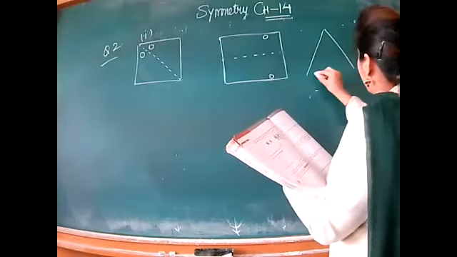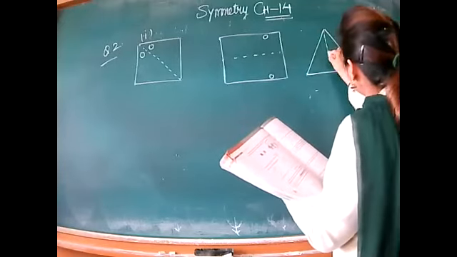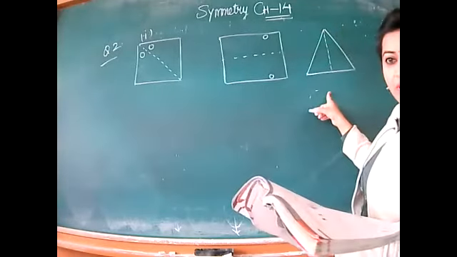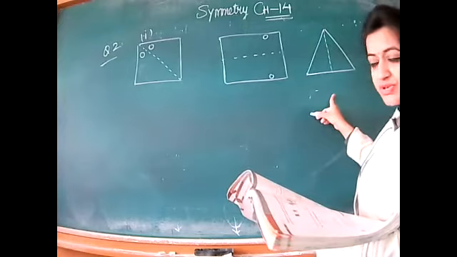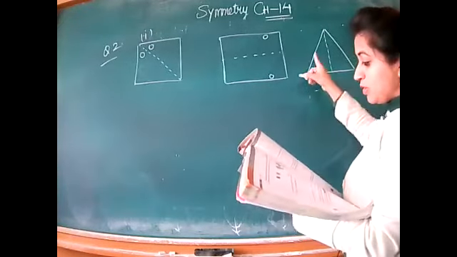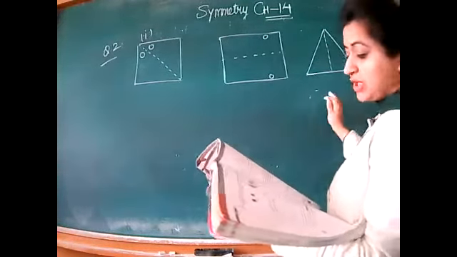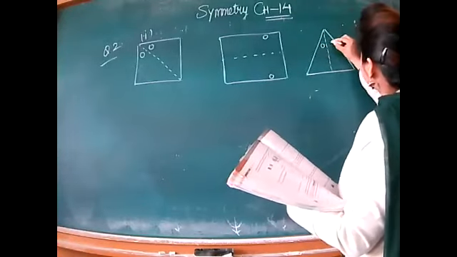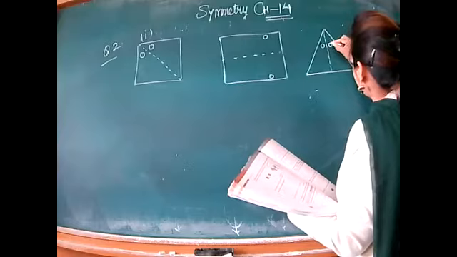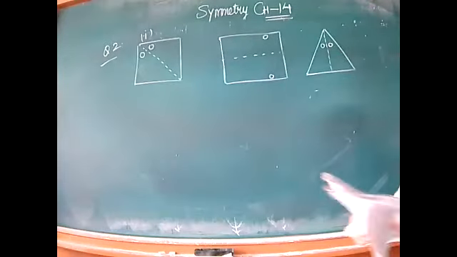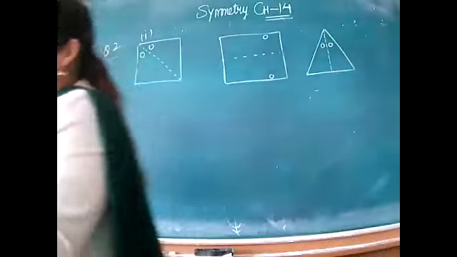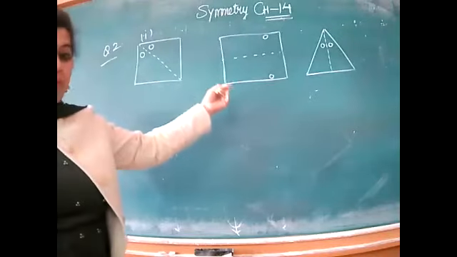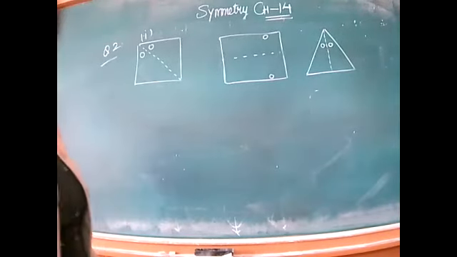Next is your triangle. Can you tell me which type of triangle this is? This is an isosceles triangle, because two of the sides are equal. It could also be equilateral, because an equilateral one is drawn in the book. The circle is here, so the other will come adjacent to it here. Okay, now complete all the parts. There are 5 parts, 3 I have completed. So do the remaining 2 parts in the book.